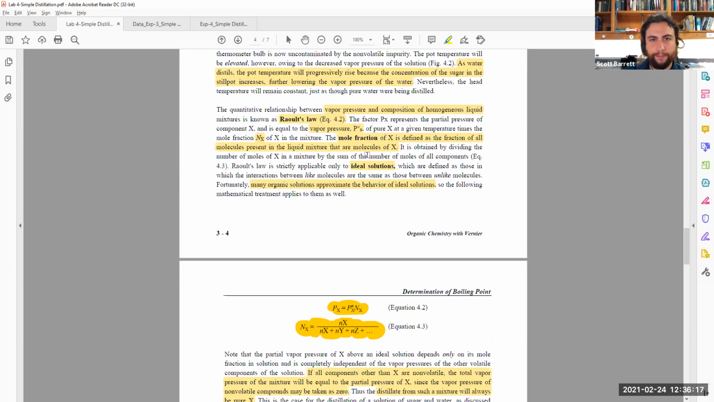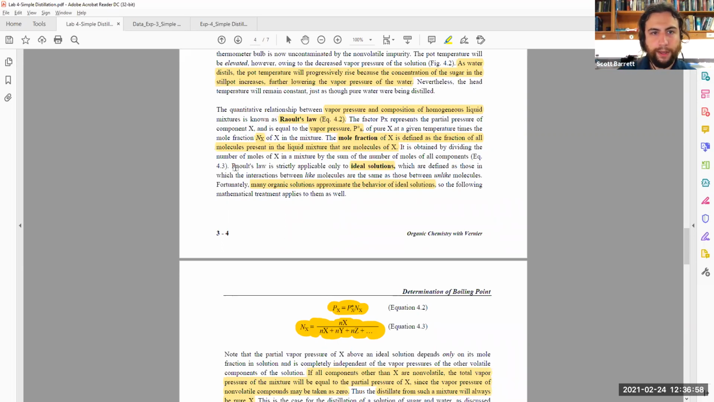example, in the mixture. The mole fraction of X is defined as the fraction of all molecules present in the liquid mixture that are molecules of X. So it's the mole fraction of X, the full solution relative to that pure water that is within this sugar water mixture they're talking about. So it is obtained by dividing the number of moles of X in a mixture by the sum of the number of moles of all components. So the mole fraction is the relative amount of subject X within the total amount of components of the